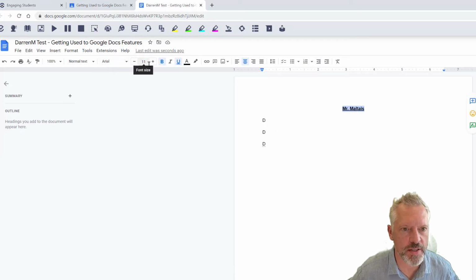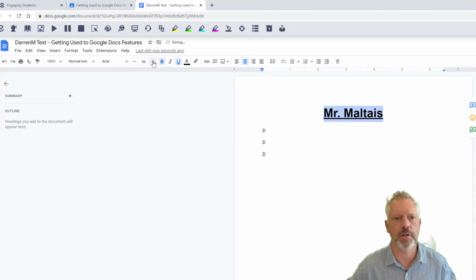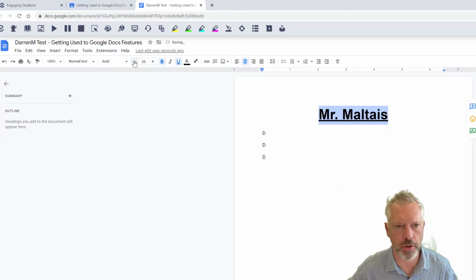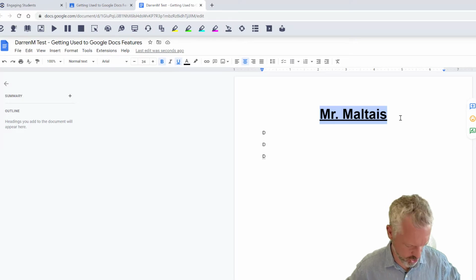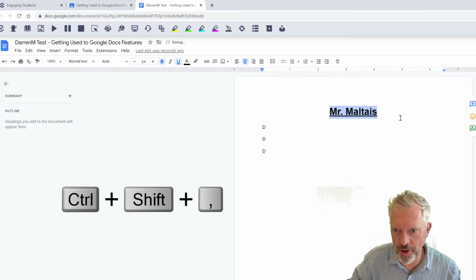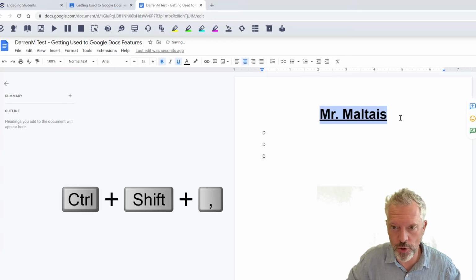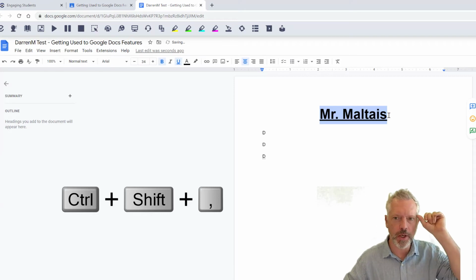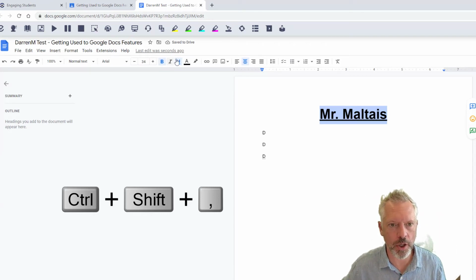And I'm sure you've seen this. Ooh, let's make it a little bit bigger. Oh yeah, let's not go crazy. Don't do it like 1,000. Just, I don't know, 30 or sure, 34. There's a shortcut for that. I don't know if I should show you. Control, Shift, comma, or period. Teachers, that's one for you. Control, Shift, comma, and period. It's one font size smaller and bigger. Cool, eh? All right. So, underline, bold,